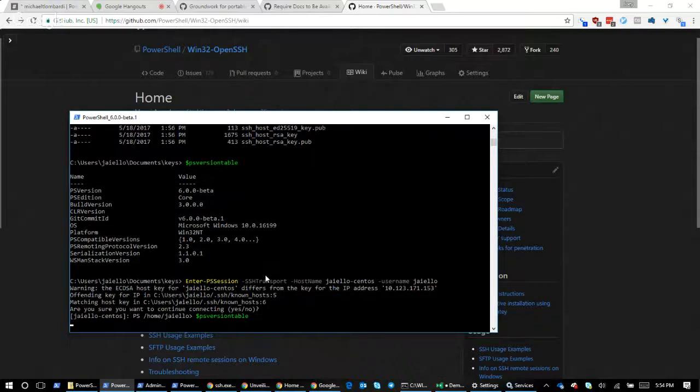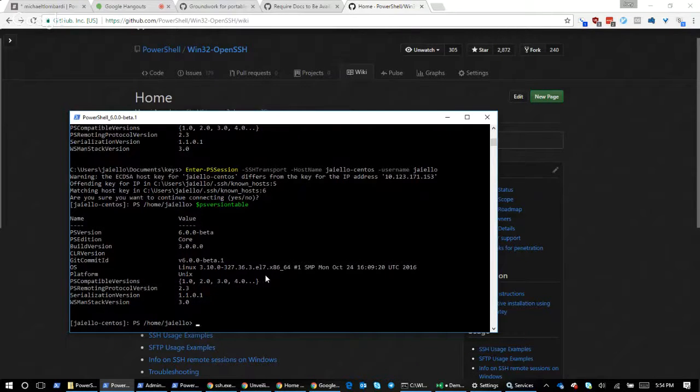Wait. So that's PowerShell on the Linux machine? That is PowerShell 6 on the Linux machine, registered as an OpenSSH subsystem, with the PowerShell remoting protocol being funneled over OpenSSH. Wait, so I get tab completion. Wait, so PowerShell 6 is on that Linux machine? Yes. What I showed you before was just landing in Bash. Now I'm showing you landing in PowerShell. Okay. So now I'm on a Linux box.